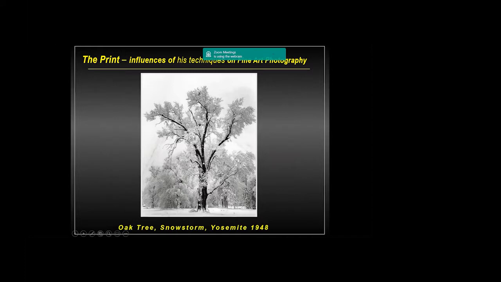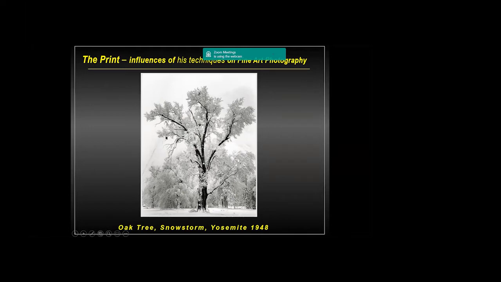Another famous location in Yosemite, and I've passed that many times. It's maybe 40 feet off the main road. And I look over and I see this, and of course, being there all year long. So when there was a major snowstorm and everything was covered with the snow and ice, what a phenomenal opportunity to photograph that. And in the original print, if you can see it here on the left side, there's detail